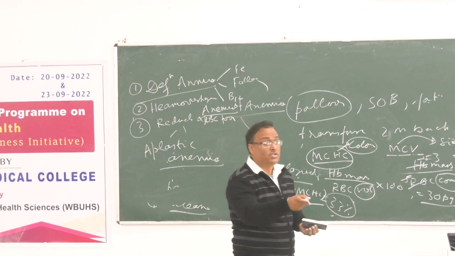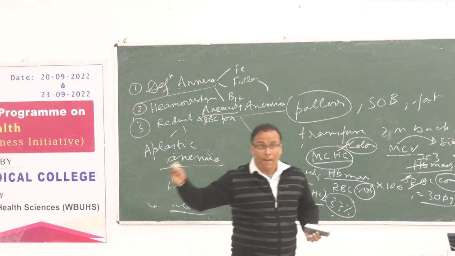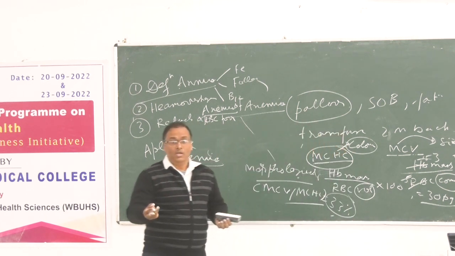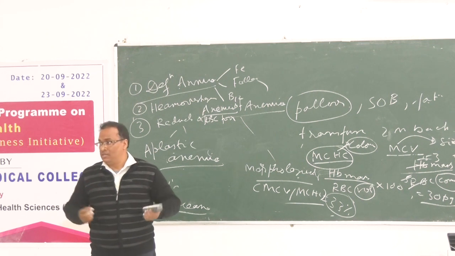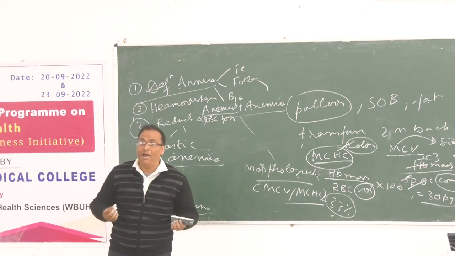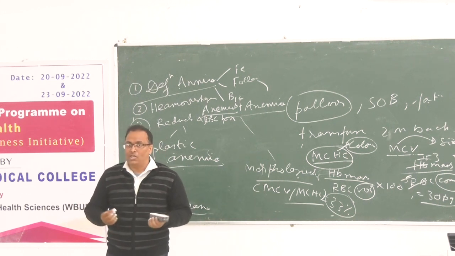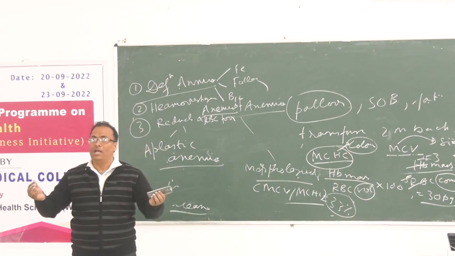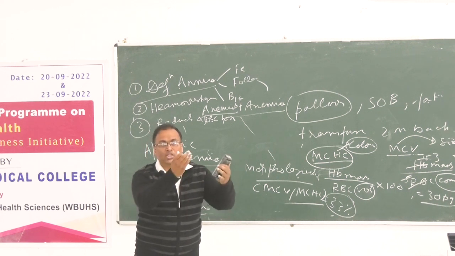Thyroxine is a stimulator of erythropoiesis, so this is seen in hypothyroidism. Now, rheumatoid arthritis, chronic inflammation. Chronic inflammation means iron level will be less. In case of any chronic inflammation, iron level will be less and iron will not reach the bone marrow